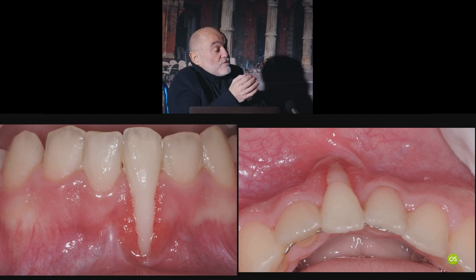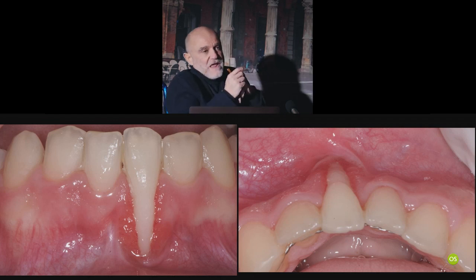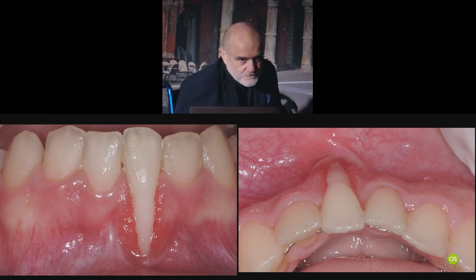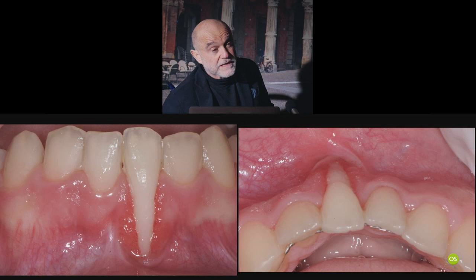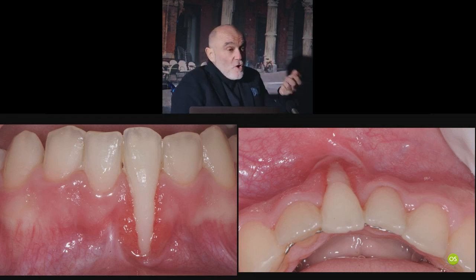And so when you are going to make root planing of this surface, you may cut some lateral channels, very frequently located in the area close to the apex of the tooth. And so you can really experience some endodontic complication, and you also have to